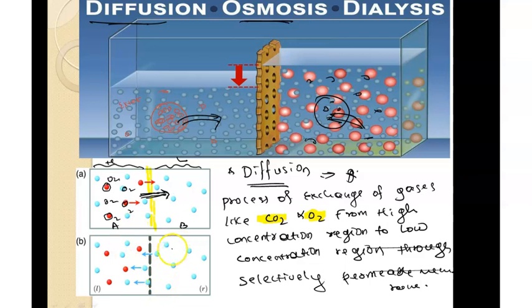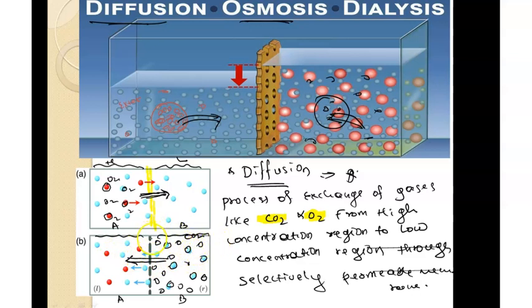And similarly, here I have a high amount of carbon dioxide gas particles. Let's take some more here. I have a very high concentration of carbon dioxide here, and here I have a very small concentration. Let's say this is my cell B and this is my cell A. Then the movement of carbon dioxide gas will take place from cell B to cell A, because cell B is a high concentration region and cell A is a low concentration region, and this exchange is happening.